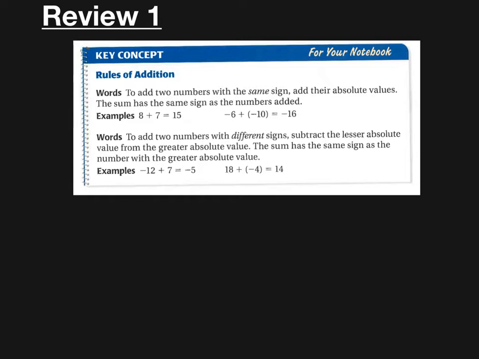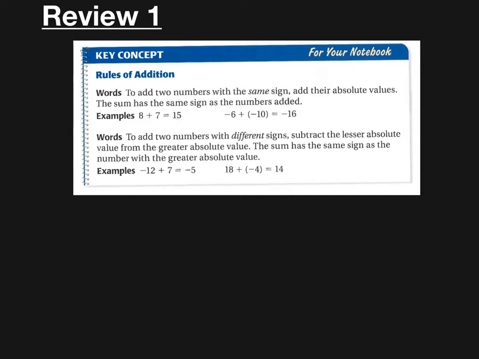Let's start with talking about how to add two numbers that have the same sign. When we add two numbers that have the same sign, we take the absolute values of those numbers and add them together. And then the sum has the same sign as the numbers. So for instance, if we did positive 8 plus positive 7, we just do 8 plus 7, which gives us 15, right? And because 8 is positive and 7 is positive,